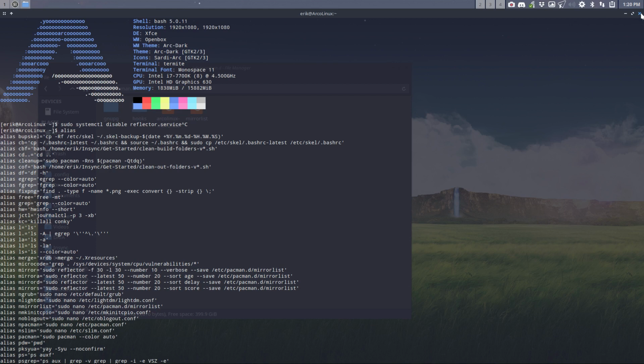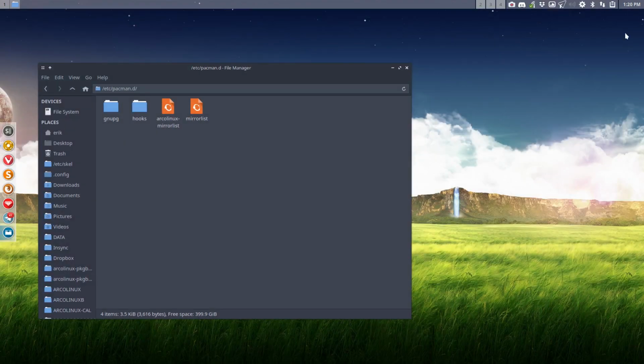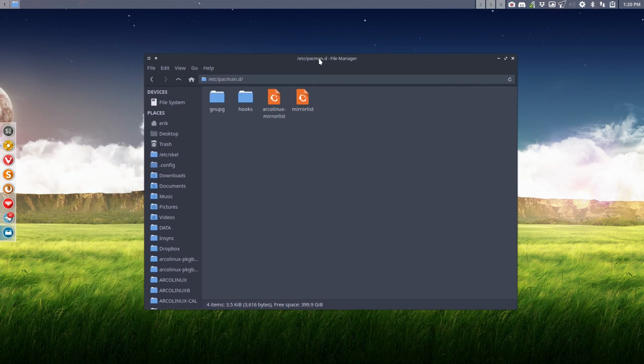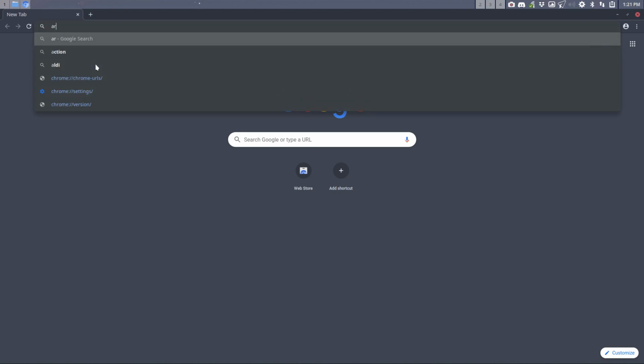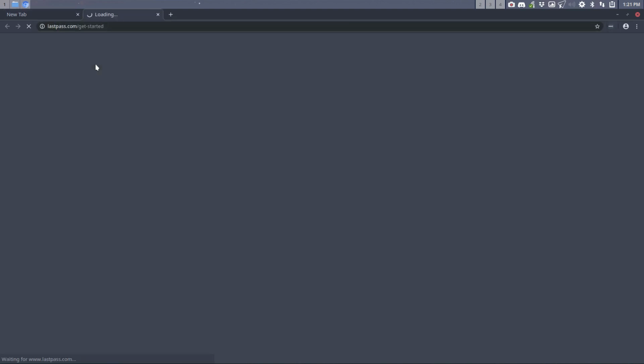Now, I don't know why the question is there, so I'm going to go into even more detail. Assuming that's not what he wants, he does not want this automatic reflector service to get the fastest servers around in Bangladesh, but he wants to set it manually for some reason, you can do that as well. So how should you do that? Well, Ctrl-Alt-G, let's boot up a browser, Arch Linux.